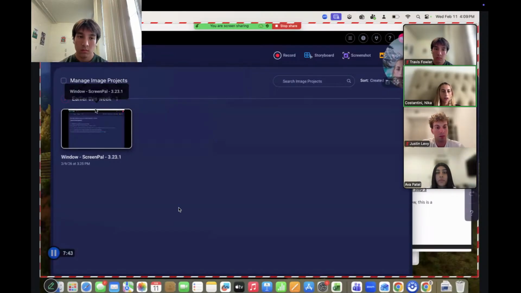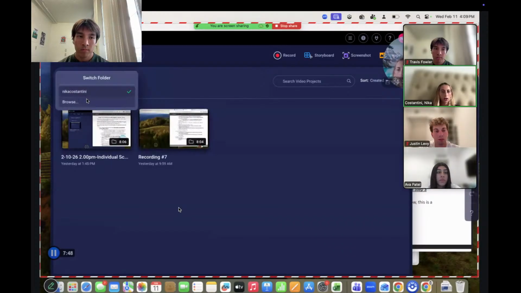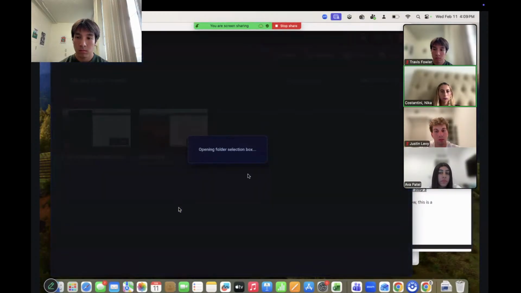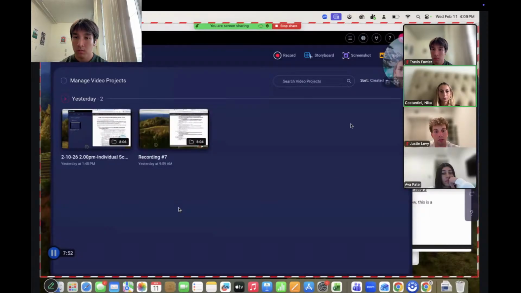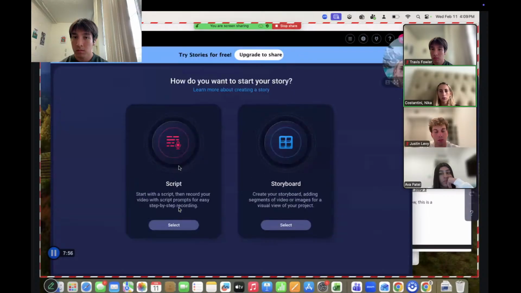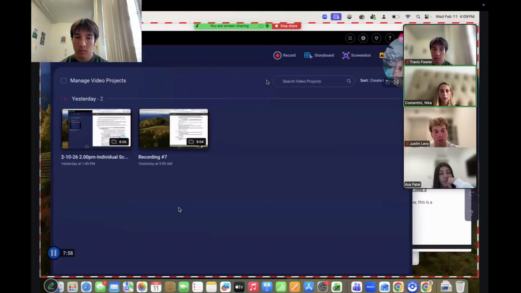Here I have a screenshot that you can take through the app. Here I can browse files to open up. These are the features of screenshot. You can create a storyboard. Here's how you start. This is the record button, how you start recording. This is the image button where you can upload an image